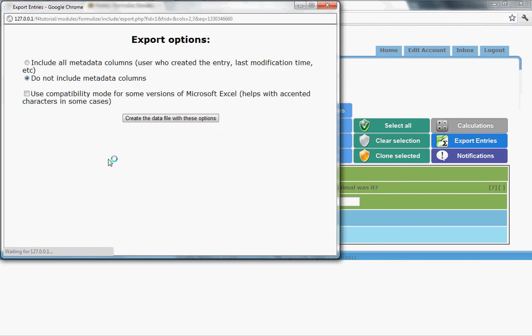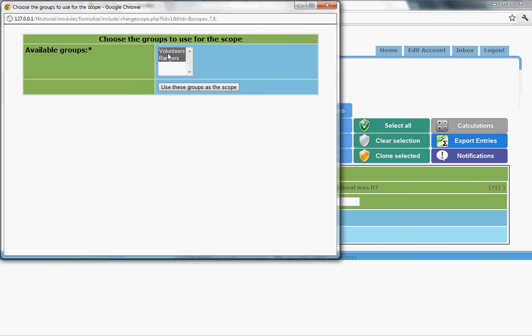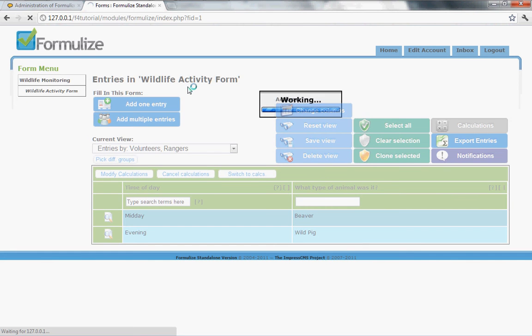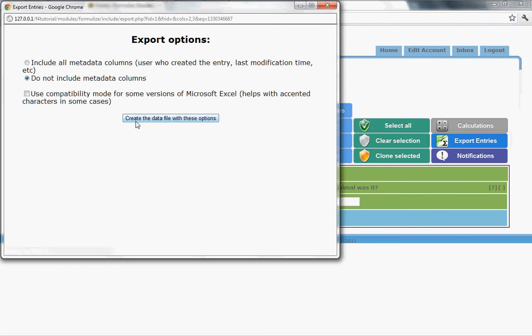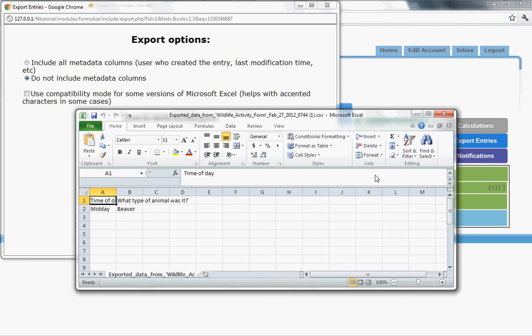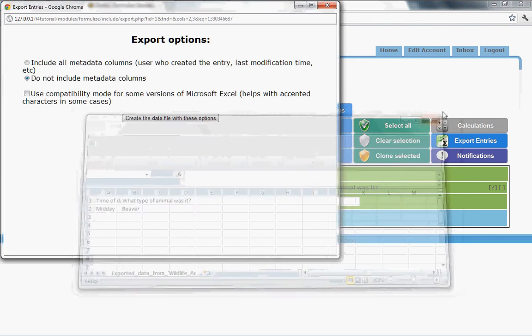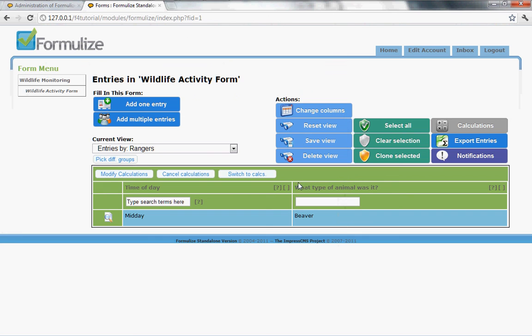If we pick different groups, just the Rangers, for example, and so we're just looking at that entry, when we export, then we'll only have that one entry showing up. And the same is true with regard to searches. Any searches that you might have in effect,